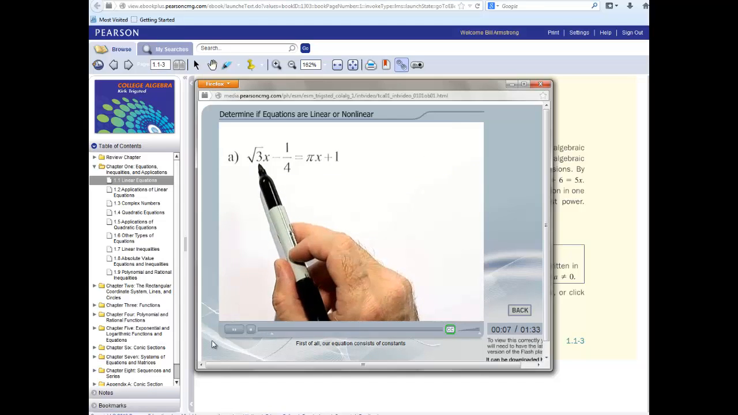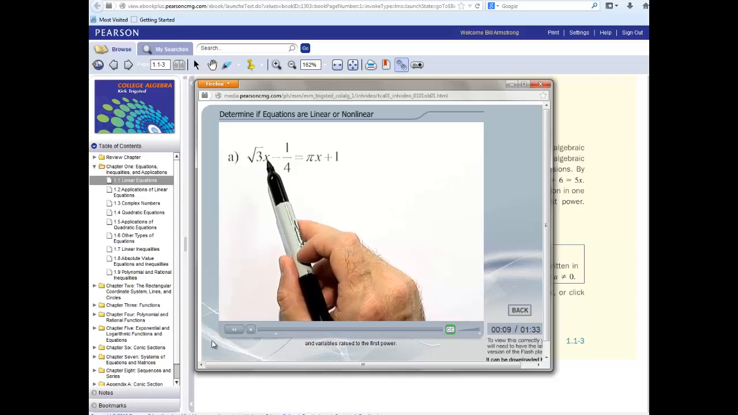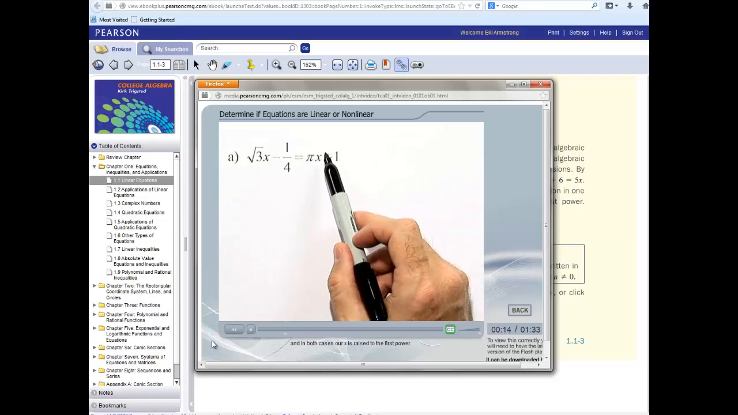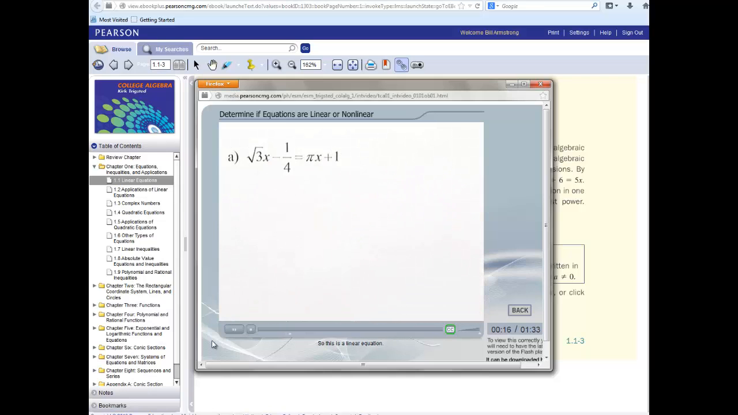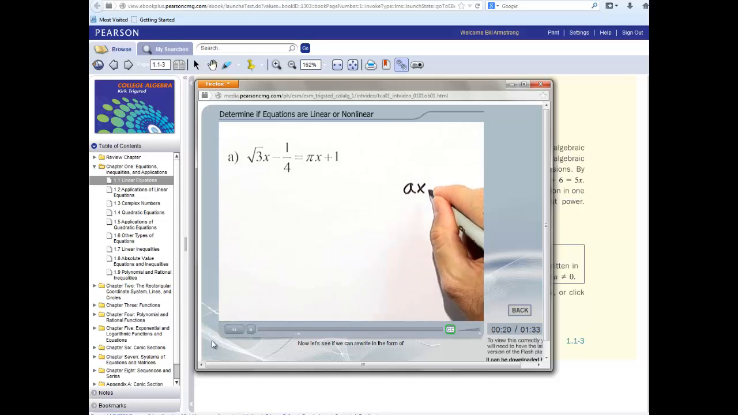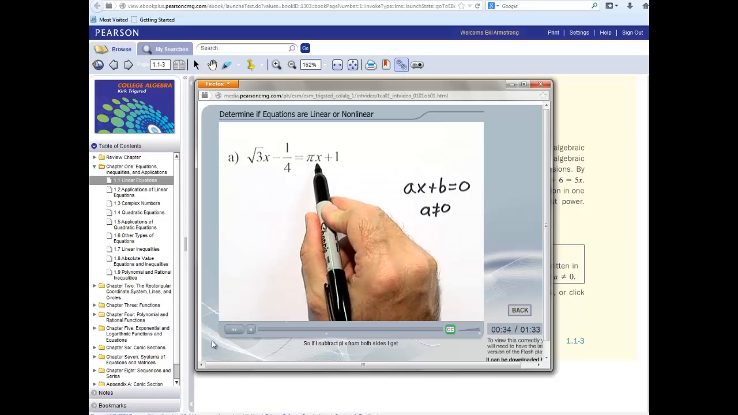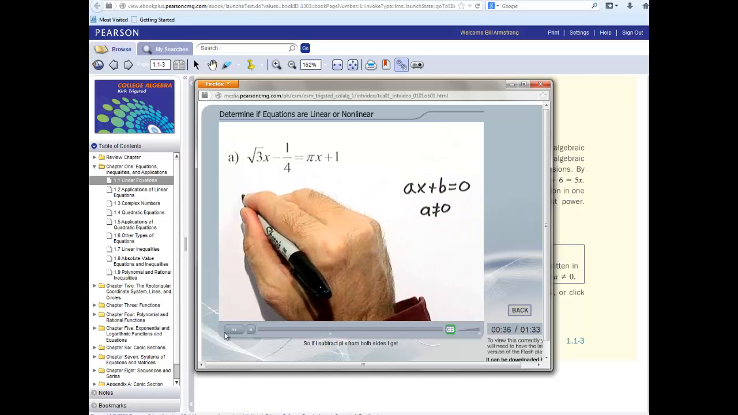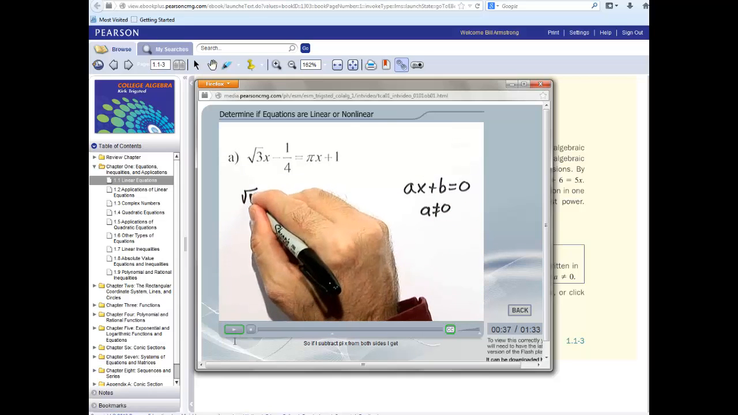First of all, our equation consists of constants and variables raised to the first power. Our variable is x, and in both cases our x is raised to the first power. So this is a linear equation. Now let's see if we can rewrite it in the form of ax plus b is equal to 0, where a is non-zero. Any linear equation can be manipulated and put into this form. So let's see if we can do that. So if I subtract pi x from both sides,